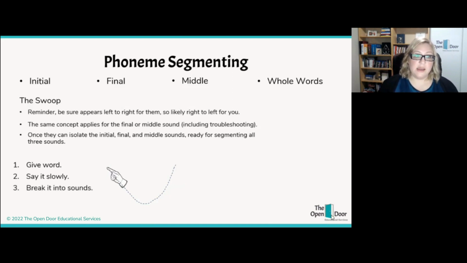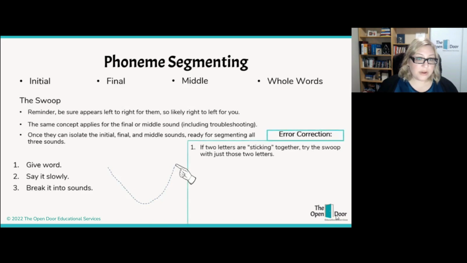So you would say, k, cat, cat, cat, to create that separation between each of the sounds. So for your error correction, if they do have 2 of those letters sticking together, like I described with segmenting the initial phoneme, again, you can try using that swoop with just the 2 letters that they're having trouble separating out,